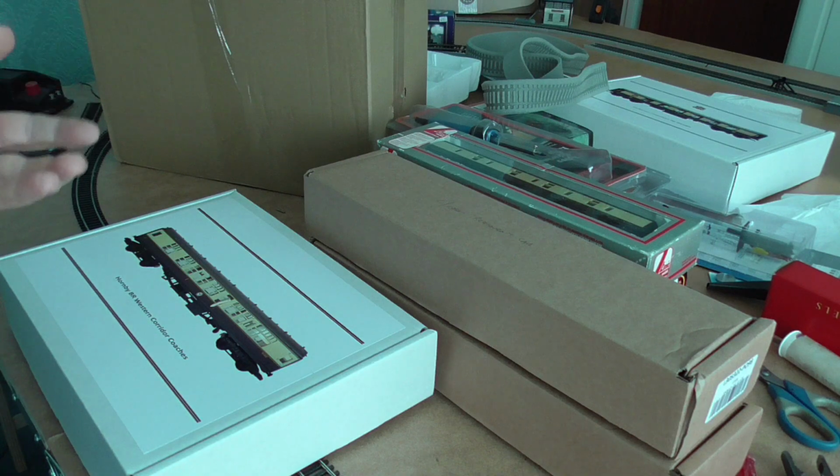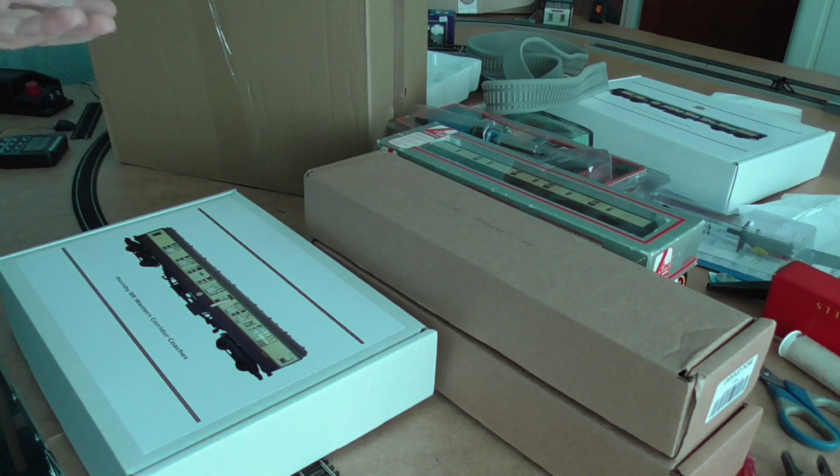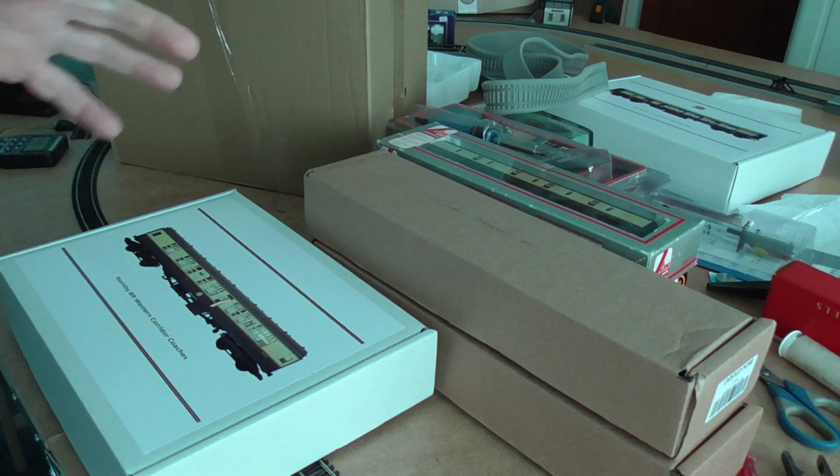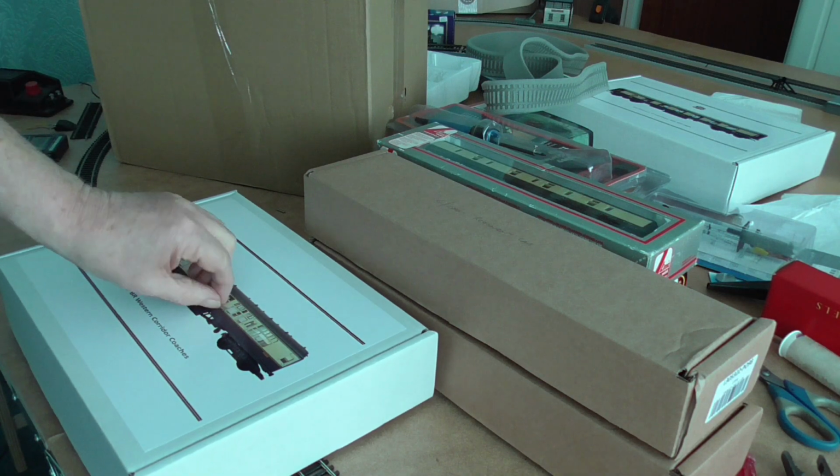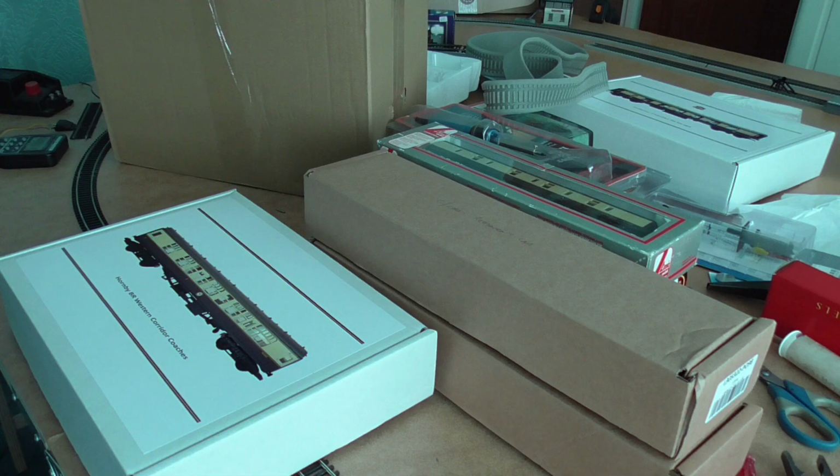But then of course the Southern region, they insisted on keeping their green, and other regions had their maroon or lime maroon livery. So throughout the 1950s, British Railways was a colourful place. You could find chocolate and cream in a train mixed with blood and custard. There might be a bit of green in there, a bit of red. So you never really knew, unless you had a crack Great Western express or something like that, that every single coach was going to be the same colour. And that didn't really change much